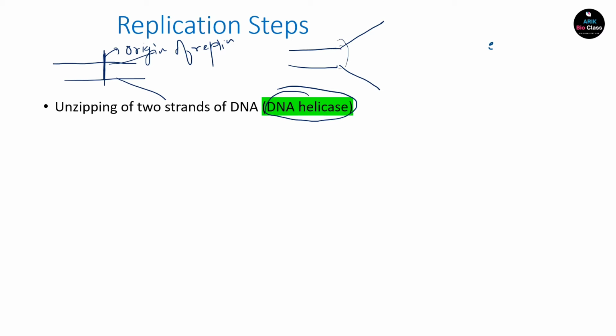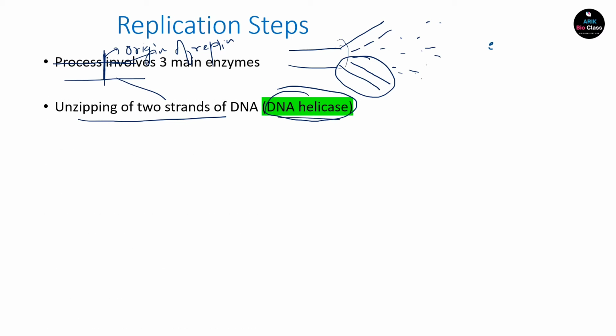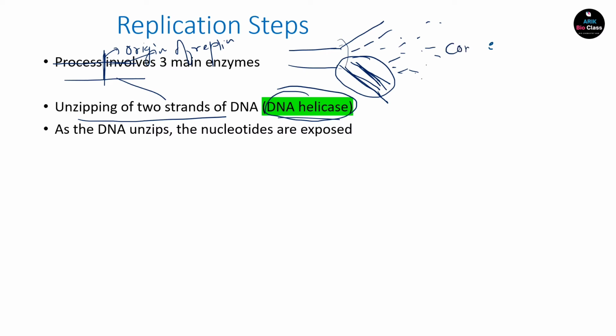Now what will happen? The new nucleotides will be there in the environment, and these nucleotides will join over here and form the new DNA. So this function of unzipping the two strands is done with the help of the DNA helicase enzyme. The next one is, as the DNA unzips, the nucleotides are exposed. These nucleotides are exposed and new nucleotides will join here on the basis of complementary